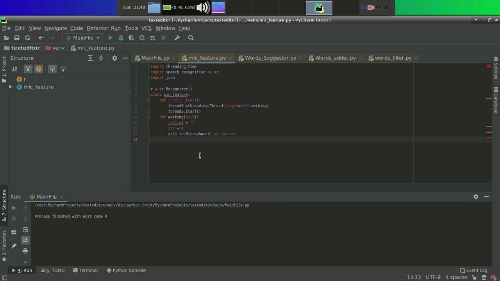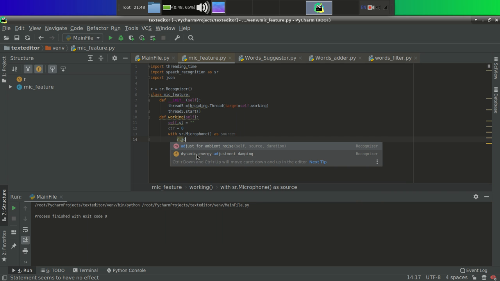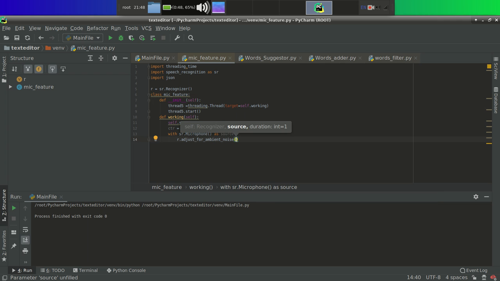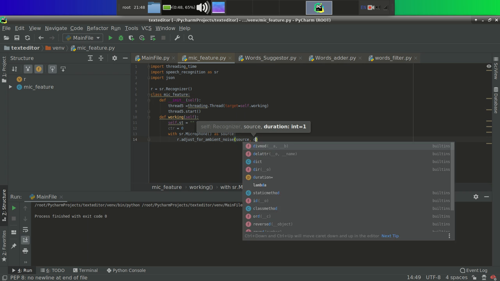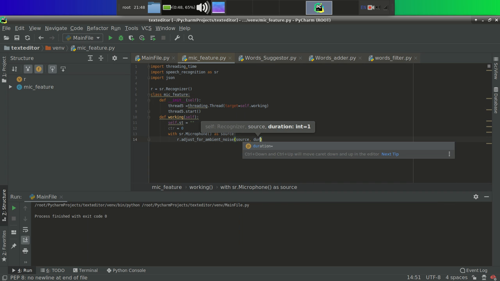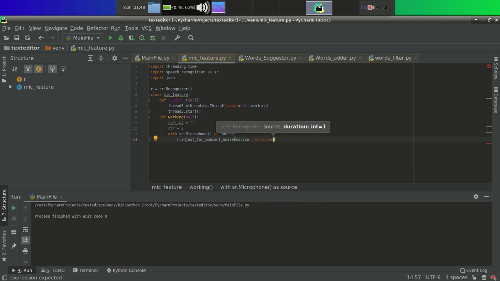Then r dot adjust for ambient noise, because I want to cancel out the noise. That's why I'm putting this line. Source, let's put a duration 0.3. So this is the duration.